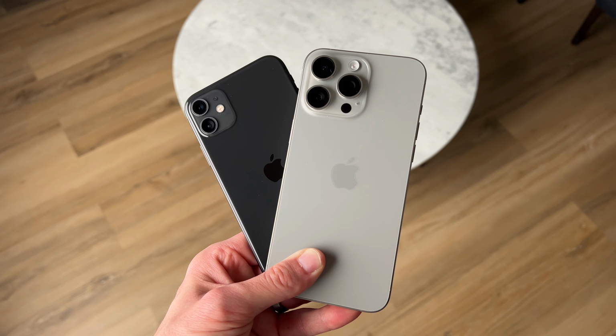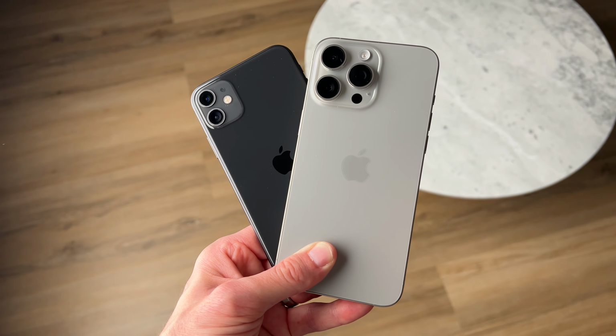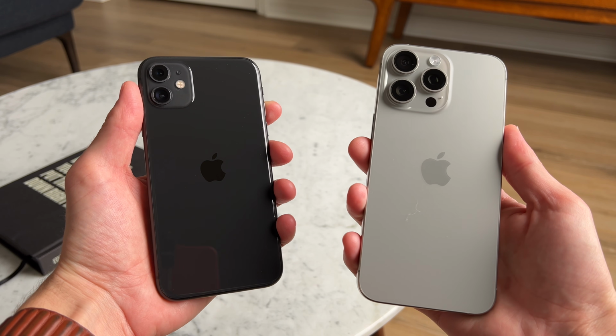Today we're comparing the iPhone 11 to the iPhone 15 Pro Max, and let me tell you, the difference is